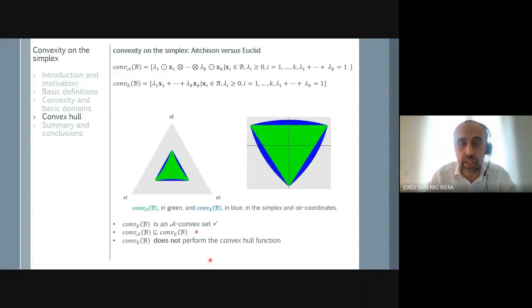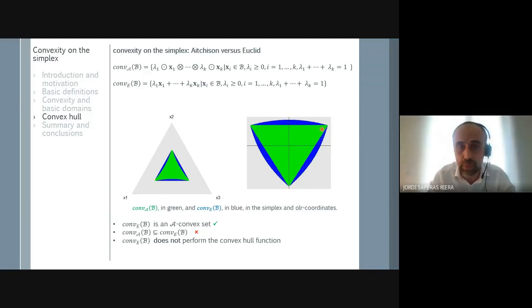We take an easy example. We take 3 points in the simplex and we draw the Hutchinson convex hull, that is the green region, and the Euclidean convex hull, that is the blue region. We make the graphic representation both in the simplex and in coordinates. The Hutchinson convex hull is the intersection of three affine half spaces that generates a